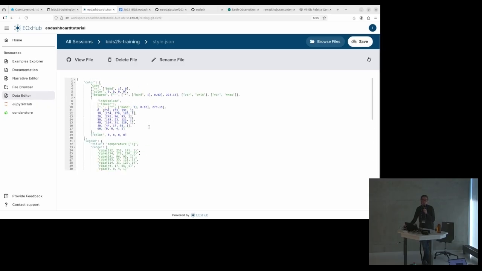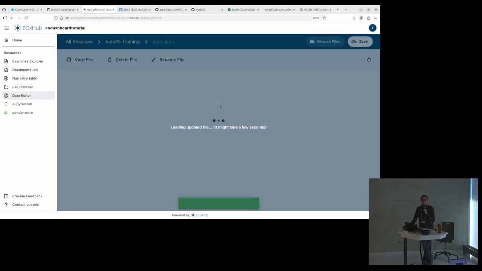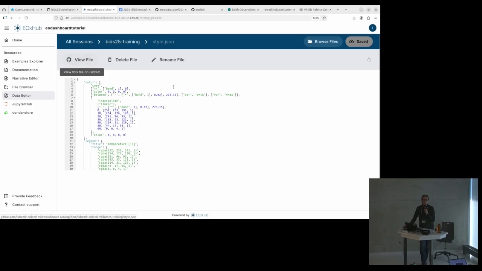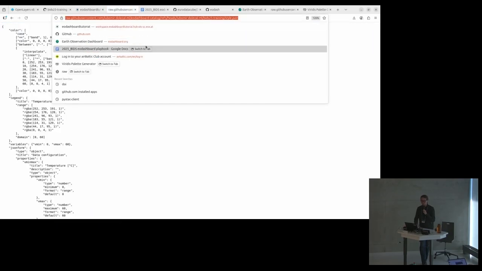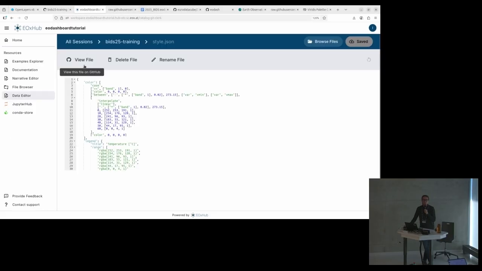So pasting really the JSON style that we had, saving it. And here, because we are working with GitHub underneath, we will again need the GitHub URL for it. So I can open this as a new tab, going to the GitHub version, taking the raw button, and taking the URL. So this is again a publicly hosted URL on GitHub that we can use in the collection